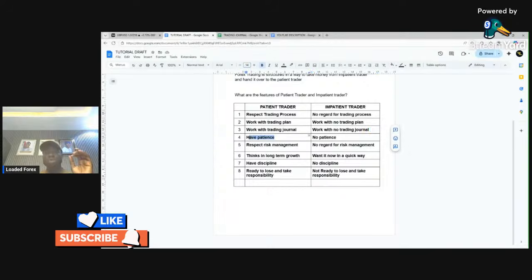Then the fourth one, a patient trader has patience. Patience is one of the features of a patient trader or profitable trader. A patient trader can wait for 2 days, 3 days before executing. And let me cite this example. Let's say